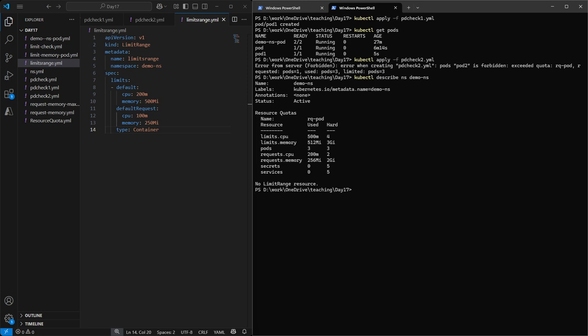If you see in this YAML configuration, we are creating a limit range. The name of my limit range is limits range. The namespace in which it is going to be applied is demo-ns. And here I have mentioned limits. Default is the maximum limit, and default request is the request which we have discussed. This is the maximum CPU and memory any container can utilize in this namespace, and this is the default CPU and memory which is going to be assigned to any container. So let me run this YAML configuration